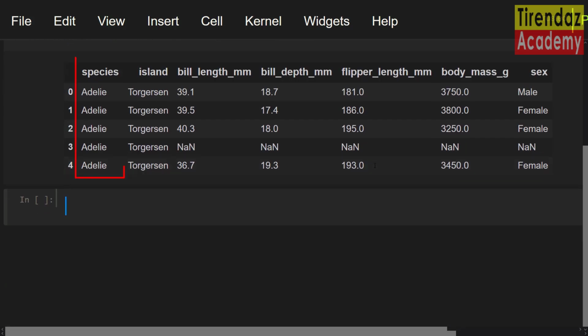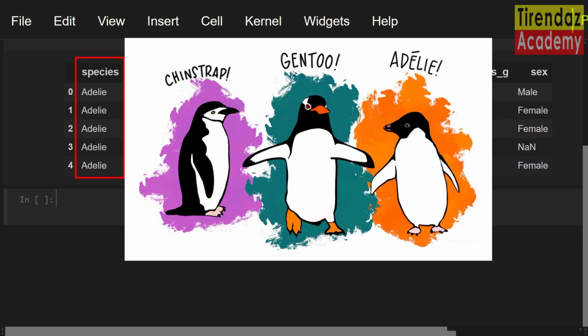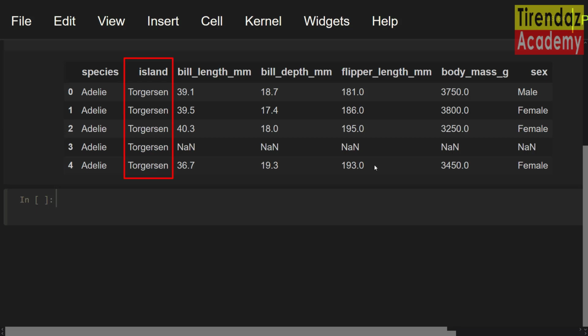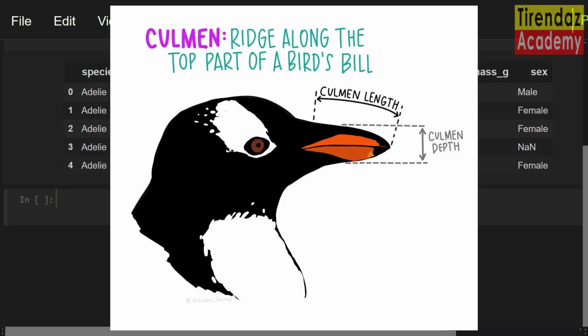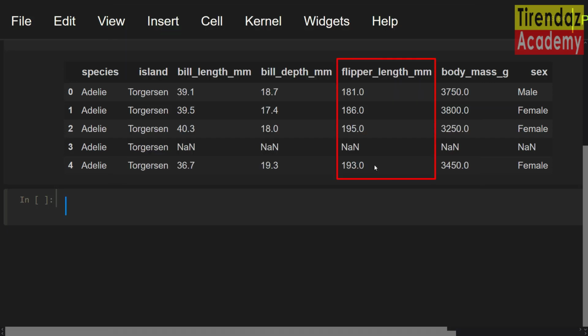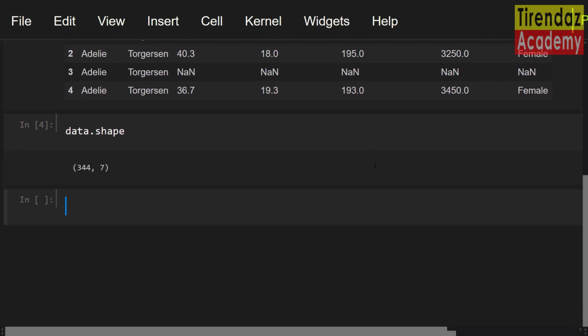Here you go. The species column in the dataset shows 3 species of penguins. Next, the island column has the 3 islands where the penguins are in Antarctica. Next, here are the columns of the bill length and depth of these species. You can see what the bill length and depth are from the picture on the screen. And then the flipper length column shows the penguins' flipper lengths. Next, the body mass column shows the body masses. After that, the sex column shows the sex of the penguins. Okay guys, we saw the columns in the dataset. Let's see the structure of the dataset. data.shape. As you can see, the dataset has 345 rows and 7 columns.